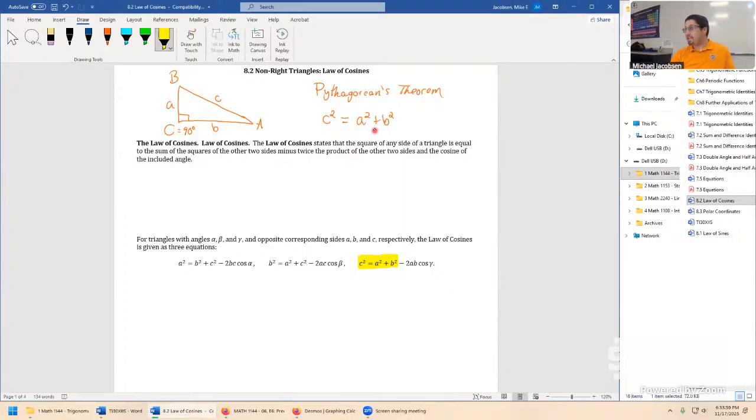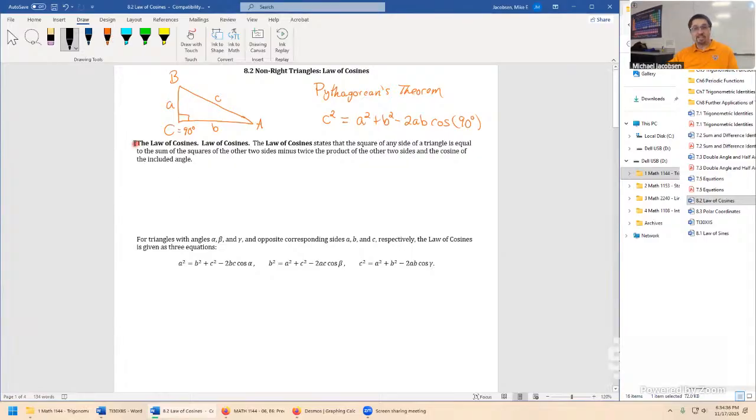But even in ordinary Pythagorean's theorem, you can say this is minus 2 times a times b times cosine 90 degrees. And the reason that works is cosine 90 degrees is 0. This part would cancel and become a 0 in that one case. If it's not 90 degrees, this term doesn't go away, and that's the extension. This is the full law of cosines that even works back in the right triangle over here. So that's the tie-in, kind of similar to what we were dealing with in section 8.1 with the area formula.